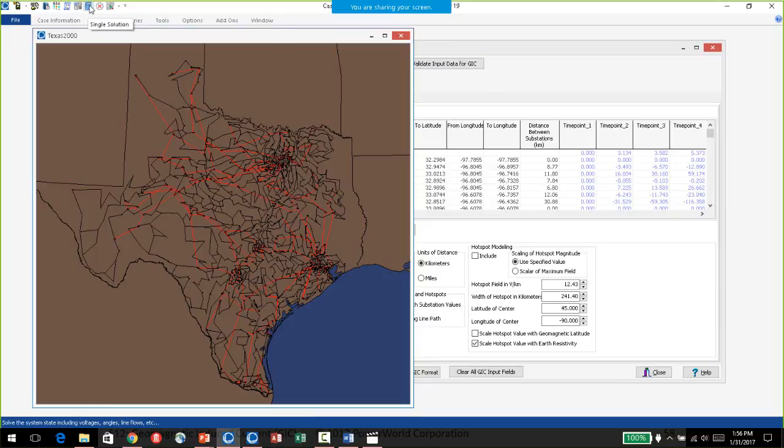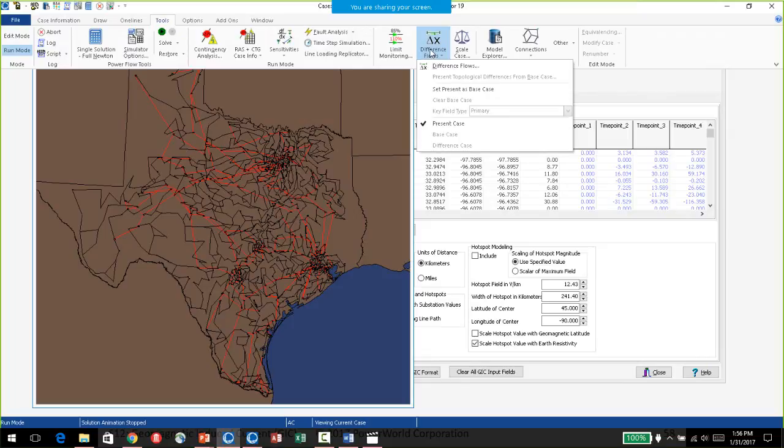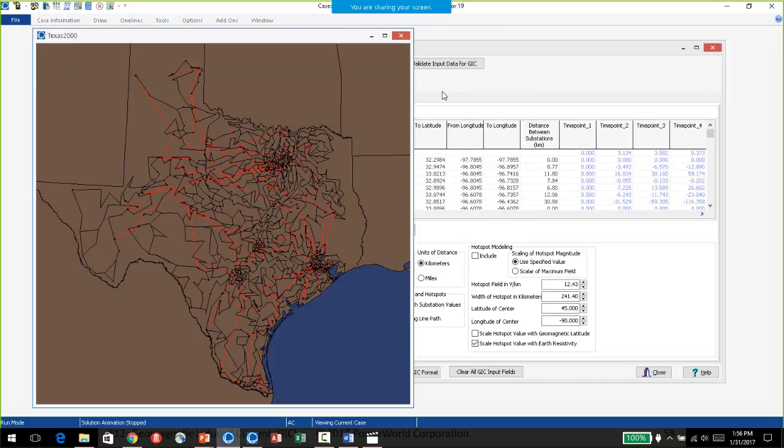So before we do anything more in the GIC, I'll solve the power flow right here, and then I'll go onto my tools ribbon, and under the difference flows, I'll tell it to set the present case as the base case. And then we can do another power flow solution with GIC applied, and then see how the voltages change and other quantities change as well.